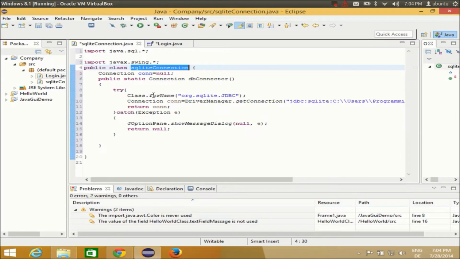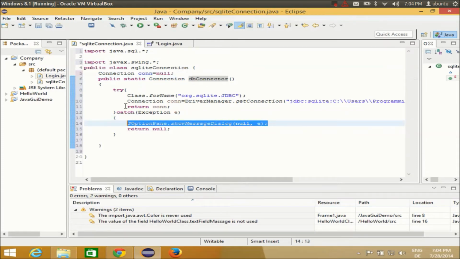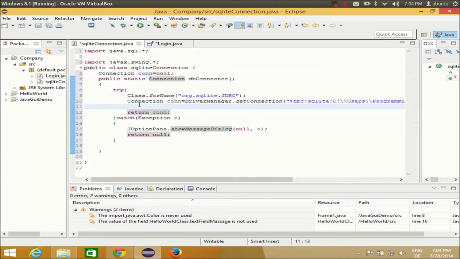If you can see here, this db connector is this connection, and we can show some message here before returning, so that we know that our connection is successful. So just below this connection in Sqlite connection.database, just above return connection, you can show this message that our connection is successful. So I can write connection